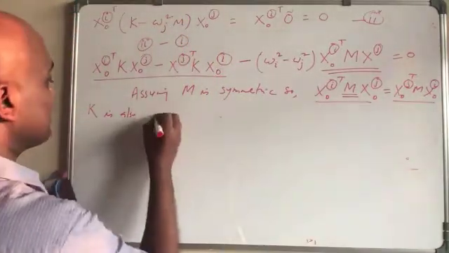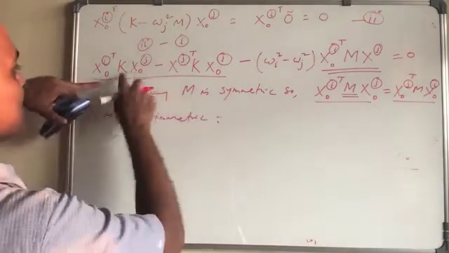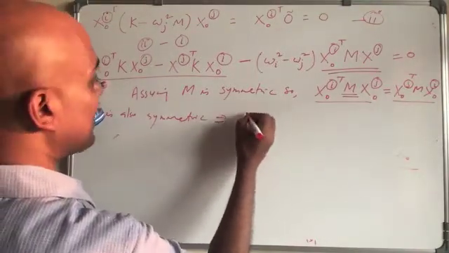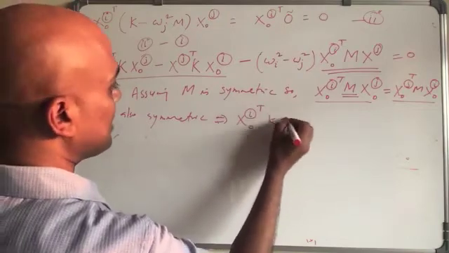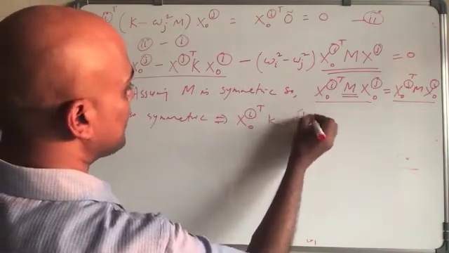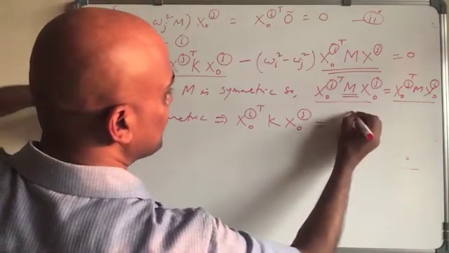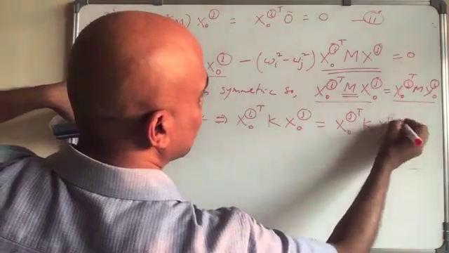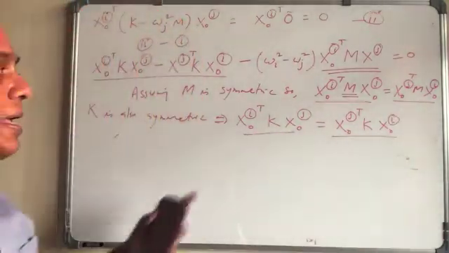K is also symmetric. So that only means this will be 0, hence symmetric. So x_i transpose K x_j will be equal to x_j transpose K x_i. This will be equal to this because K is symmetric. Hence